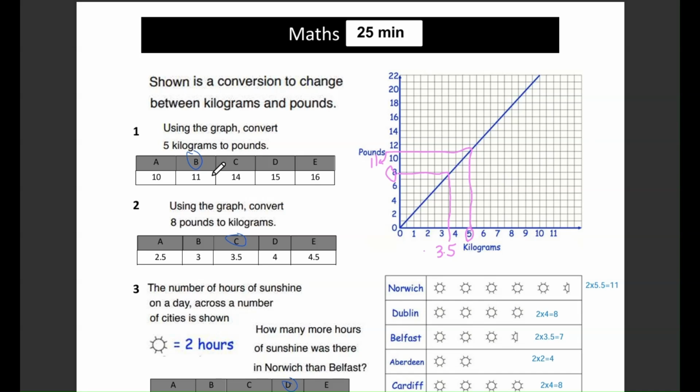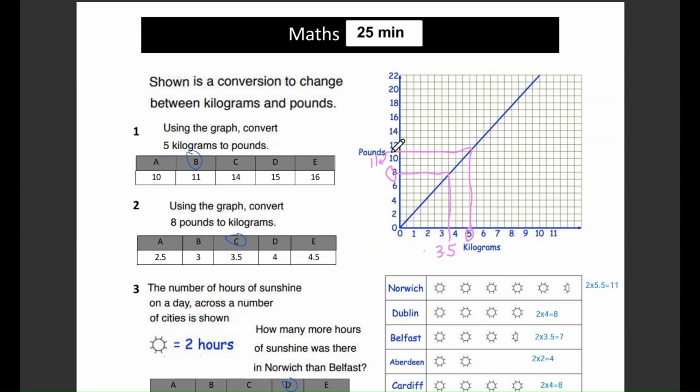We're given a few multiple choice answers. A, 10 pounds. B, 11 pounds. C, 14 pounds. D, 15 pounds. And E, 16 pounds. Now, looking at the graph, if you trace a line up from 5 kilograms, you'll see